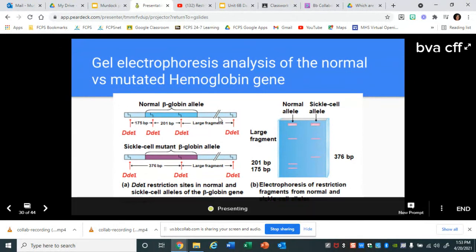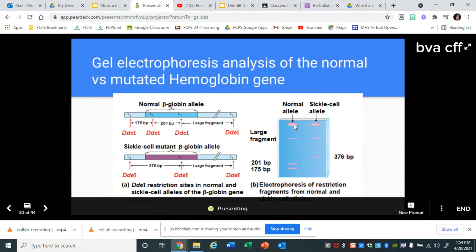This is the gene for normal hemoglobin that makes good hemoglobin so you don't get sickle cell anemia. And this is the one for the mutant that has a mutation right there. And then when you electrophorese this piece versus this piece, after you've cut it with a restriction enzyme, you get these patterns. Now what you need to know is this hole here and here, these are the holes